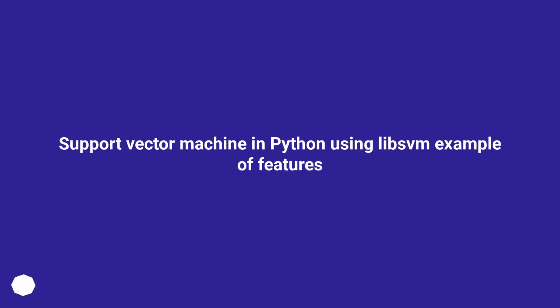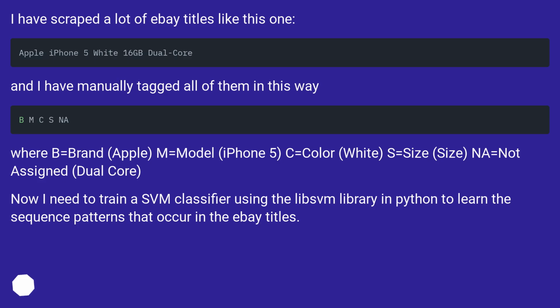Support vector machine in Python using libsvm. Example of features. I have scraped a lot of eBay titles like this one, and I have manually tagged all of them in this way, where V equals brand, Apple; M equals model, iPhone 5; C equals color, white; S equals size, not equals not